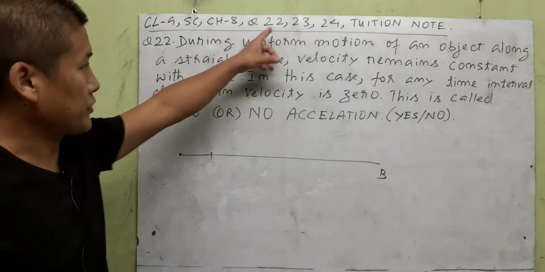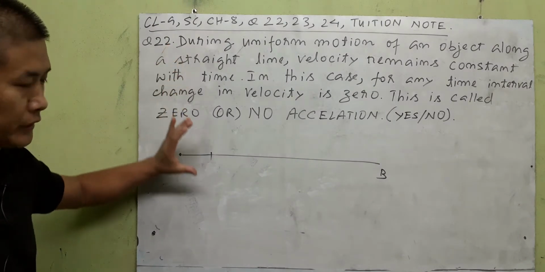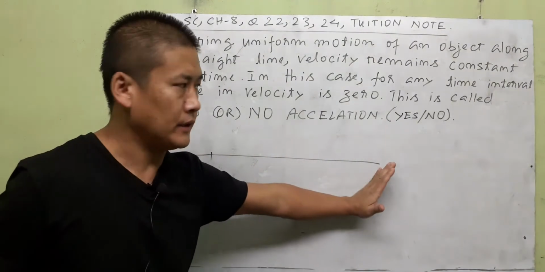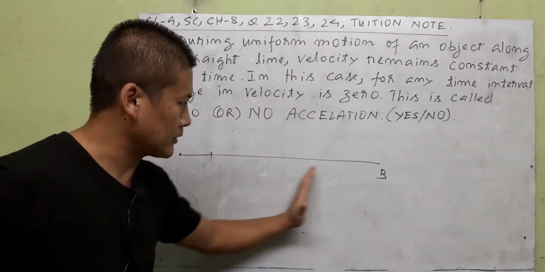Okay, so we're going to discuss these questions on your tuition note. Let us start with question 22. Now, to understand this, let us take a practical example here. You pause the video and write this down first, and then replay it, and let us do this together below